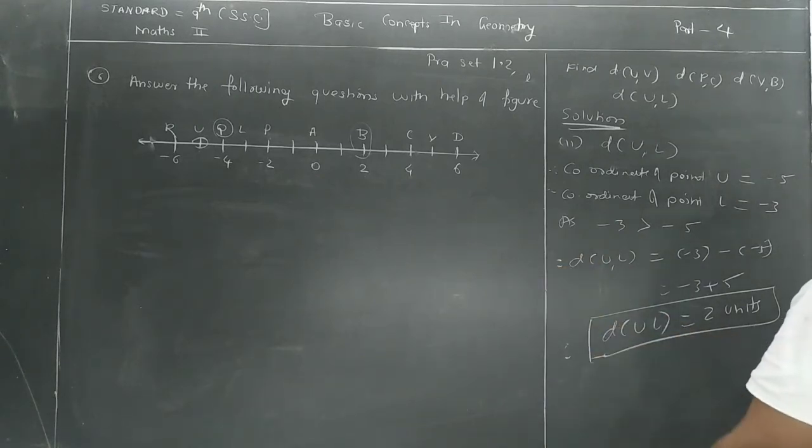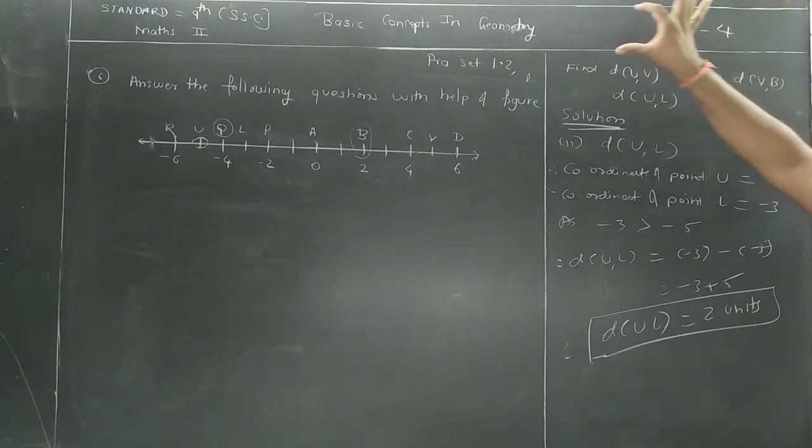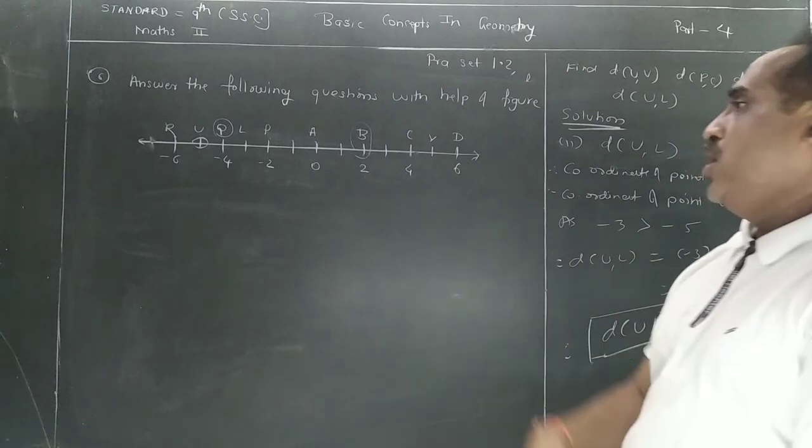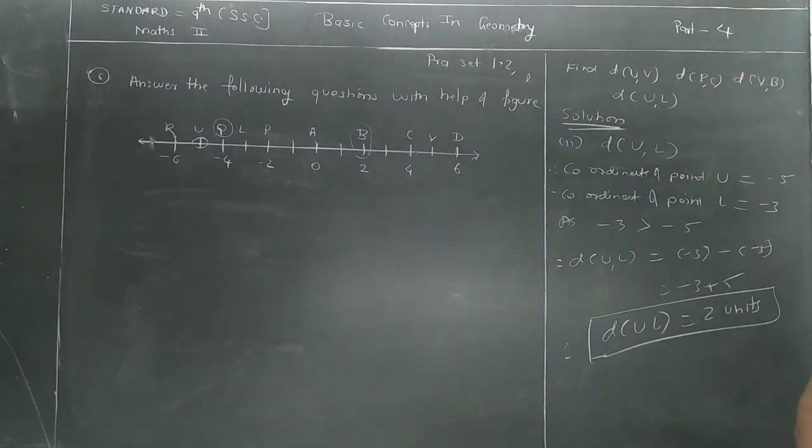So students, we have covered this, and this is the end of your part 4. We have completed the proper practice set 1.2. I think it was very fantastic. It was easy, and I think you understood all the concepts as well as how to do them. In the board examination, you have to be very careful. You should be very careful with your representation. So from now on you have to do it properly.